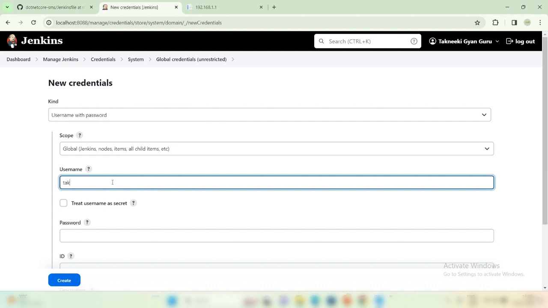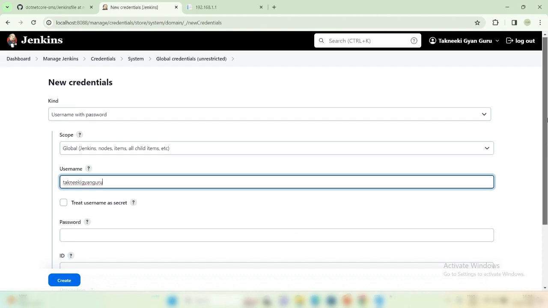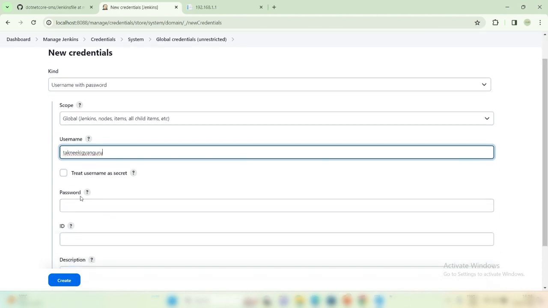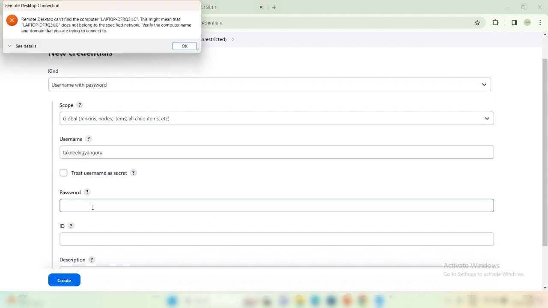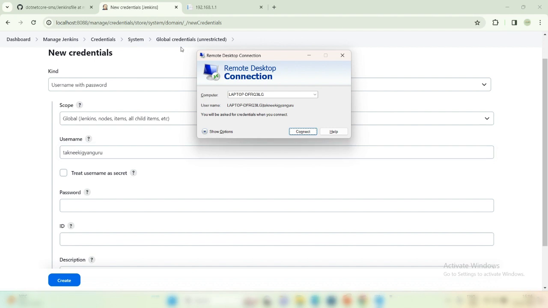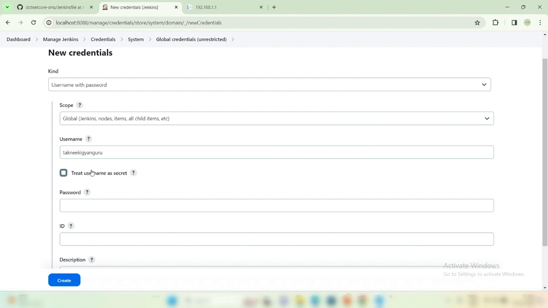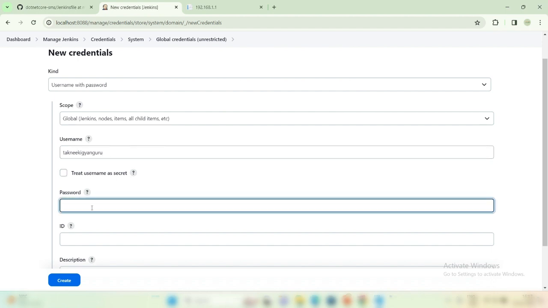Username is Takniki Gyan Guru. What is this credential? This credential will access the shared resource. It's disconnected. We'll connect it again. Now you can see Takniki Gyan Guru and the password will be